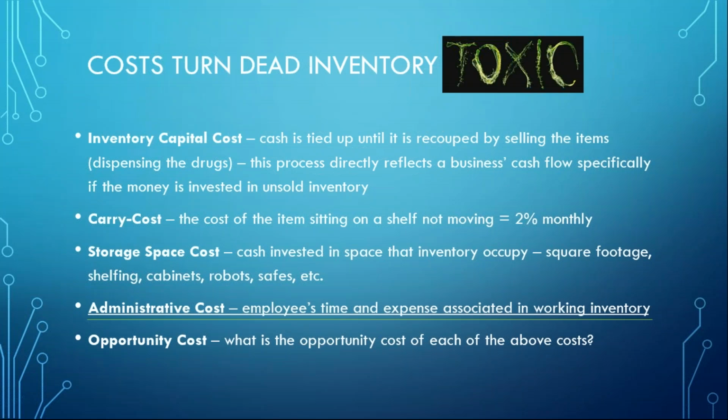And if it sits all March and doesn't move, it's 2% of $1,020, and it continues to compound 2% every single month, that compounding interest against you the longer it sits on your shelf. So carry cost is an item or a cost that is usually forgotten about. Because it's so small, 2%, people don't really think about that. But when you look at that over time, and then over the number of items you have in your formulary,